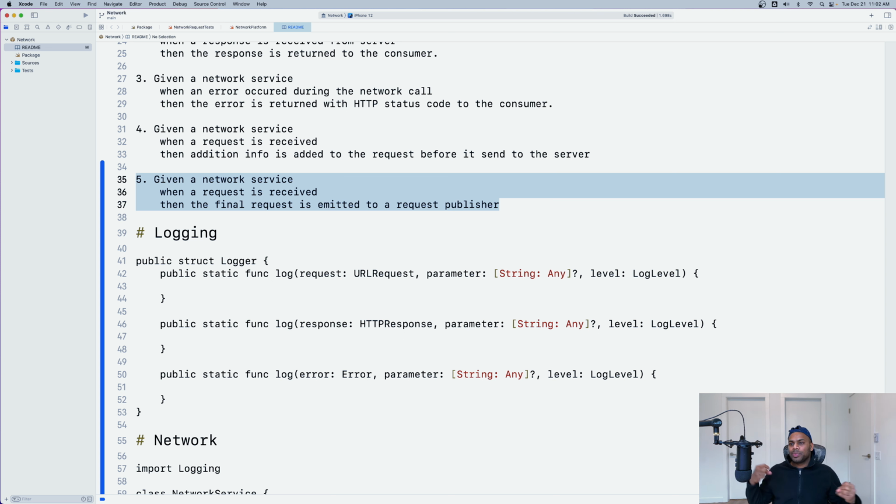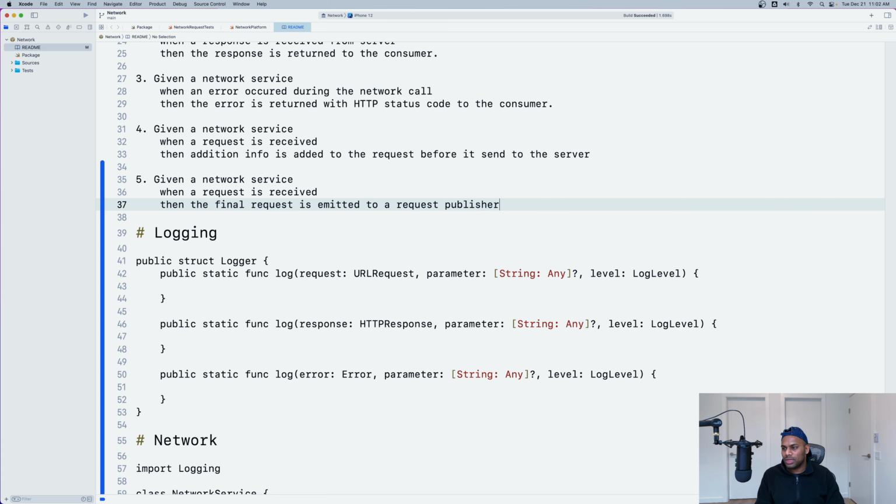In a network library, we're going to receive a lot of requests. As we receive a request, what we're going to do here is emit that final request to a certain stream. So whoever is subscribing to that stream is going to take over that URL request object, and then do whatever behavior they want to do with that request. So it's up to them. It's not a concern of a network service, because if we write a use case like 'the final request is logged',